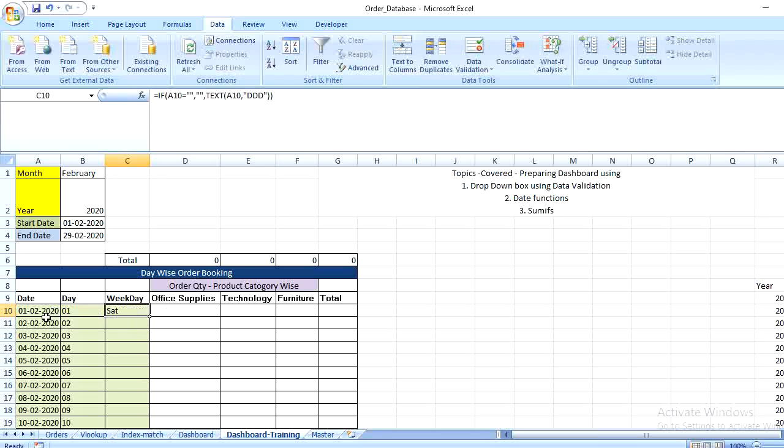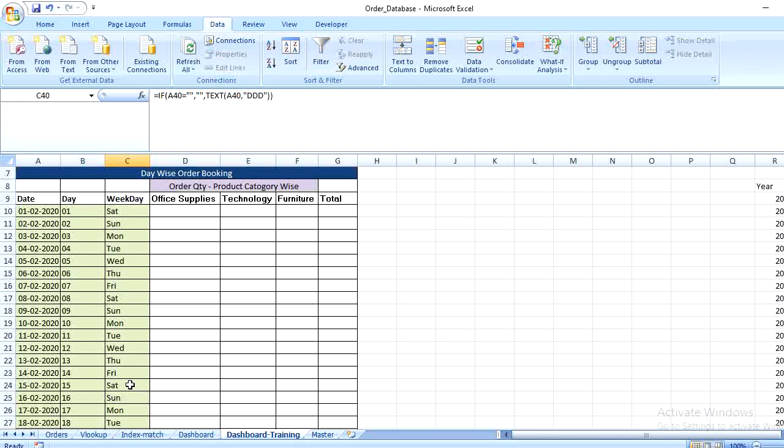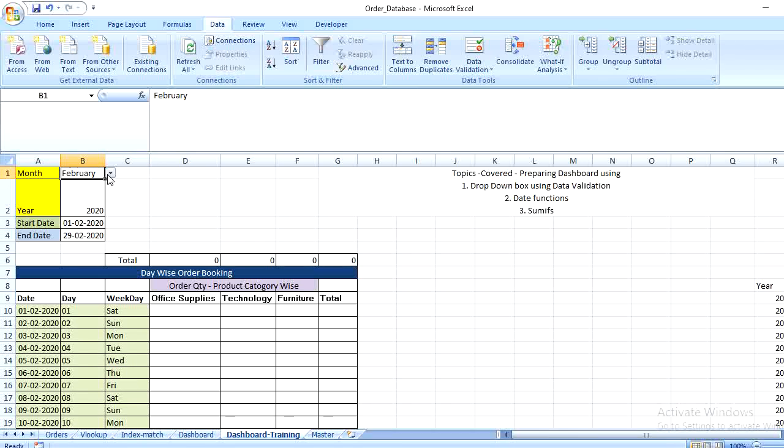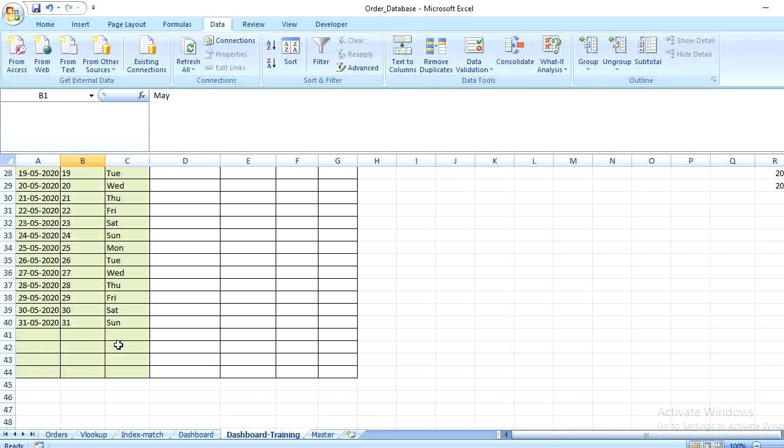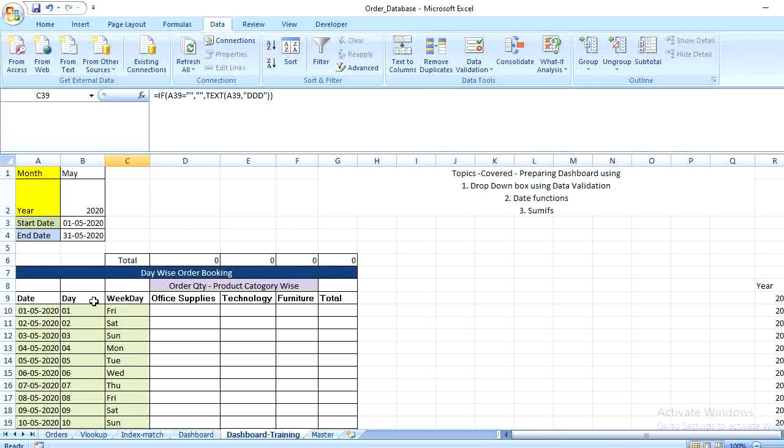The weekday of that particular date is getting displayed here, so I am going to drag it down to the bottom. So if you select the next month, April, May, it's going to display 31 days and the weekdays. So with this we are able to learn how to display the dates of the current month.